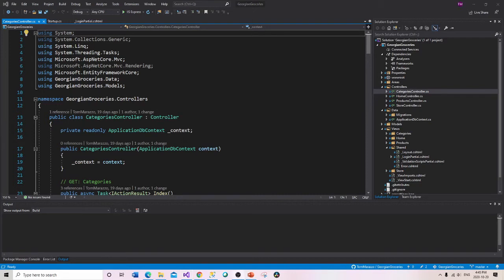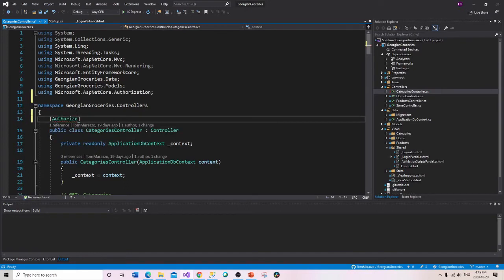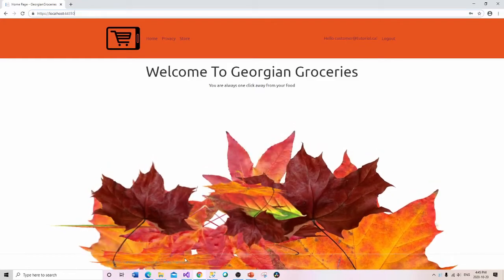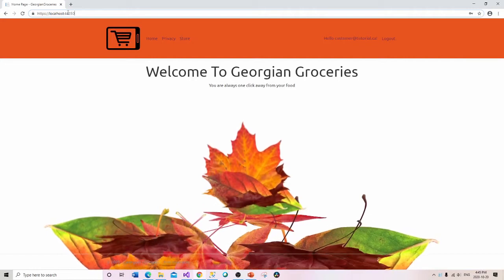So right above my class, what I can do in these square brackets is type in authorize. And what that does is it makes everything below it private. So let's go out and see what the effect of those actions is on the site itself. That was, what did I choose? Our categories. So if I go out to here and I go to categories,